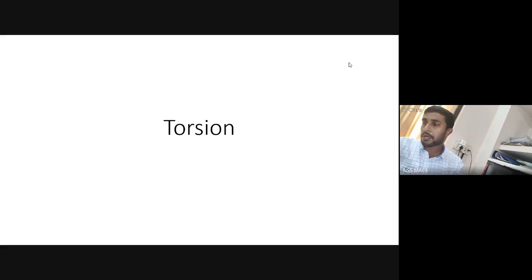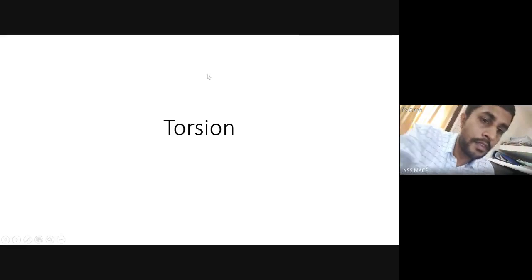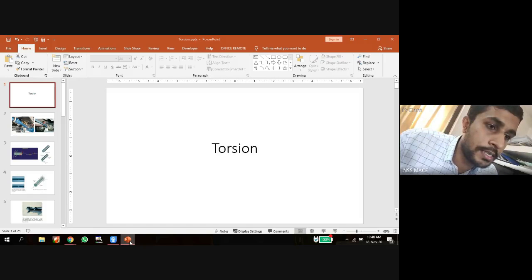So torque or twisting moment is a measure of the turning force or rotating force on an object such as a bolt or flywheel. For example, in this case, see this